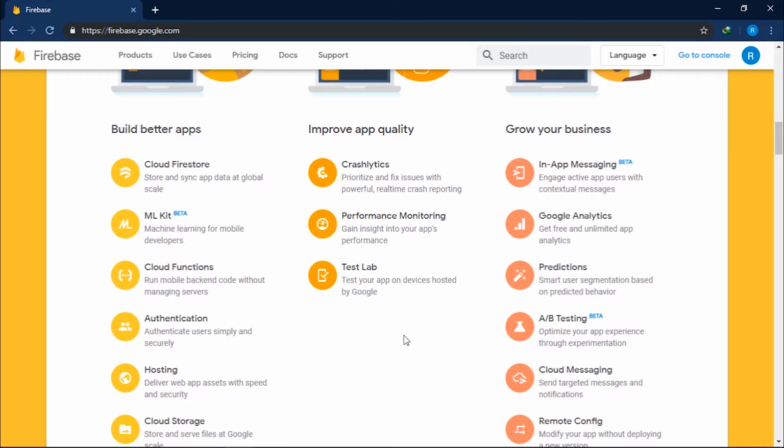Then you have Test Lab. Before deploying your application to the respective stores, you will first need to test it on a large number of devices to find any bugs or issues. If you do not have access to such a large number of devices, different screen sizes, or operating system versions, then Test Lab is your solution, where you are provided virtually created devices hosted on servers, or actual devices which are again hosted on servers, to test your application. It gives you a limited number of devices you can test your apps on.